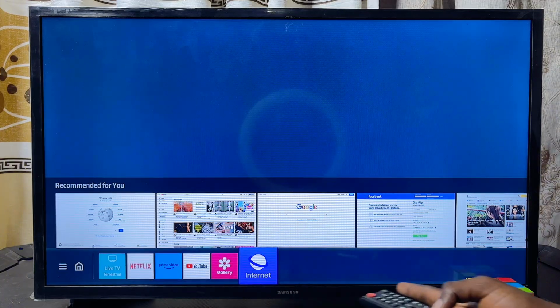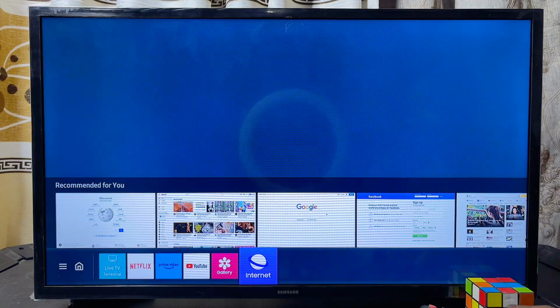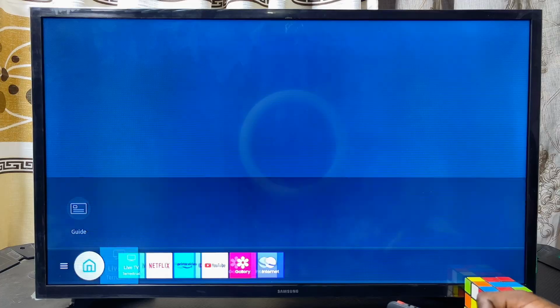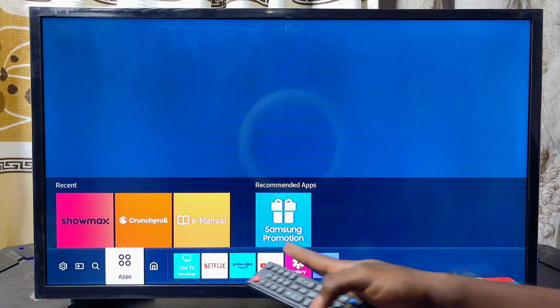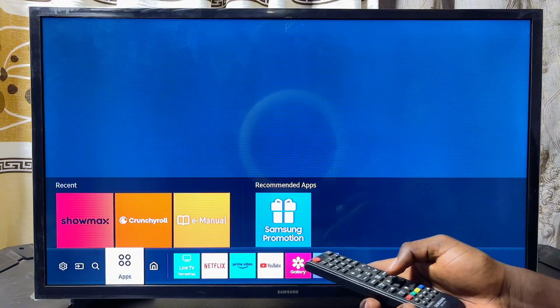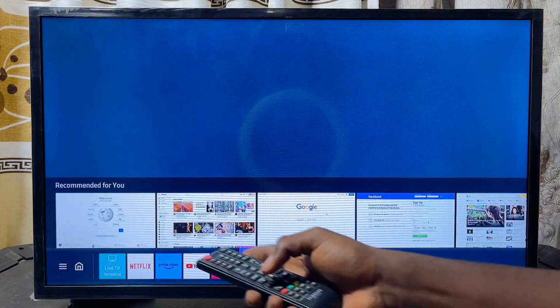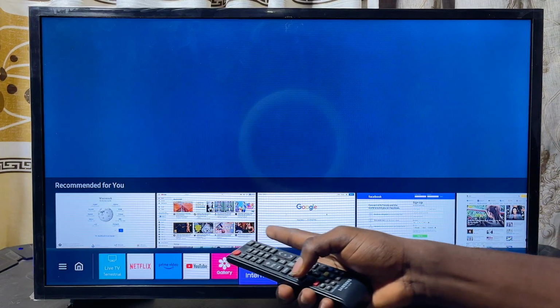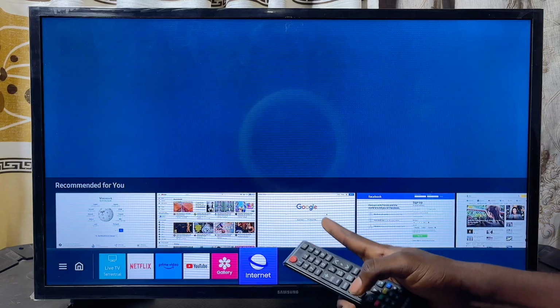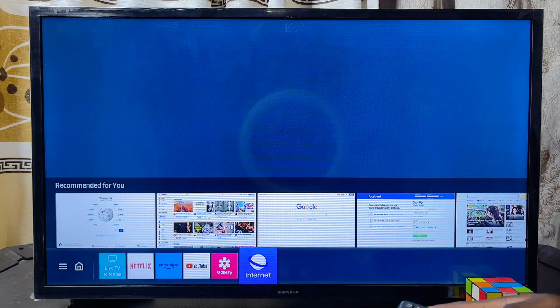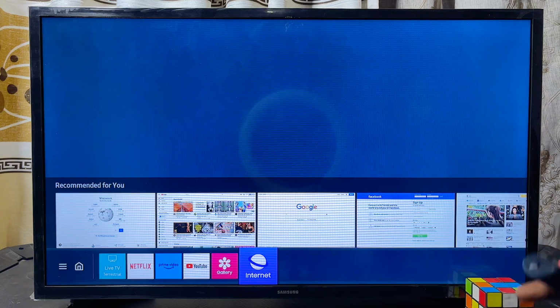If you do not find the default internet browser app over here, you can just go over to where you have apps that contains all of the list of apps on your Samsung Smart TV, and you should be able to find it over here. Now, once you get to the app, you can literally see that at the top there are actually recommendations of most of the popular websites you might actually want to visit. For instance, there is the Google, there is the Facebook, and other popular websites that you might actually want to